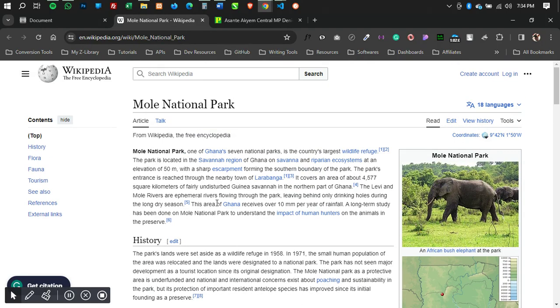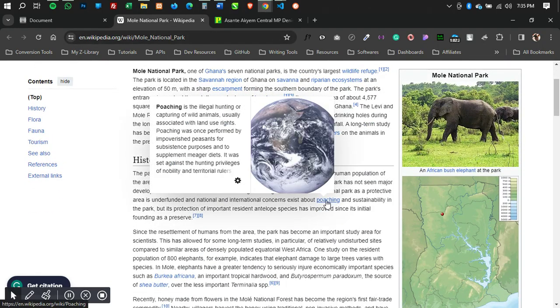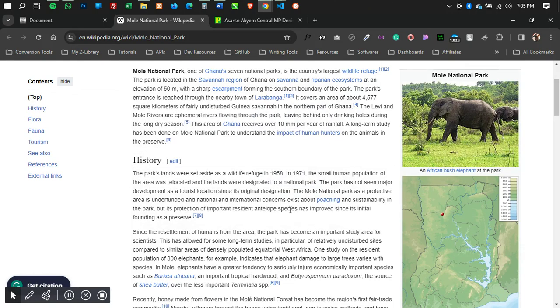So you realize that somebody comes onto Wikipedia and they want to read about Mole National Park, right? There are several links or citations which support the information on this page. Suppose you want to learn about Mole National Park. You realize that poaching is highlighted over here, right?